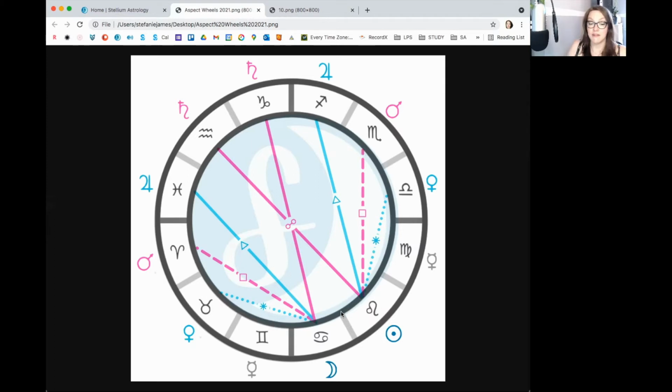In turn, we also have the Sun in relationship to Scorpio, which is 90 degrees apart. If we go from 0 Leo to 0 Scorpio, Mars is the planet that rules Scorpio traditionally. And if we look on the other side from the Moon, going from 0 Cancer, for example, to 0 Aries, that again is a 90-degree relationship. As we know, 90 degrees is the square, the right angle.